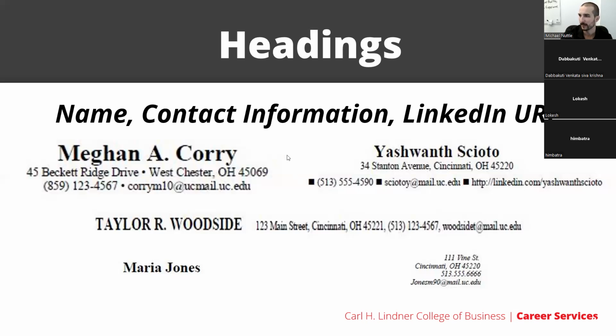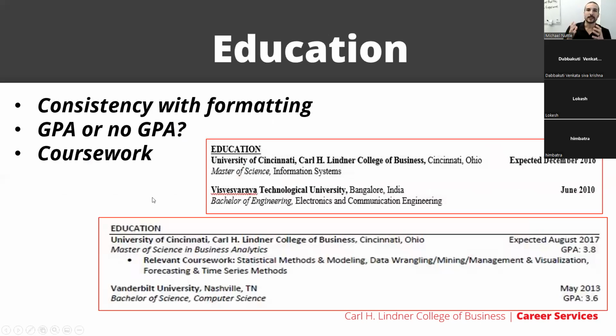So that information there. The education section, again, kind of finding that formatting that works for you and going from there. With everybody being in graduate programs, the question always comes up, do I need to include my undergraduate information? And I think that is entirely up to you. If you are somebody who is making a completely different pivot in your career, right? Maybe you got a biology degree and now you're getting an MBA because you're trying to move more into the business world. I don't think having your biology undergraduate degree on there really brings that much more value to it.